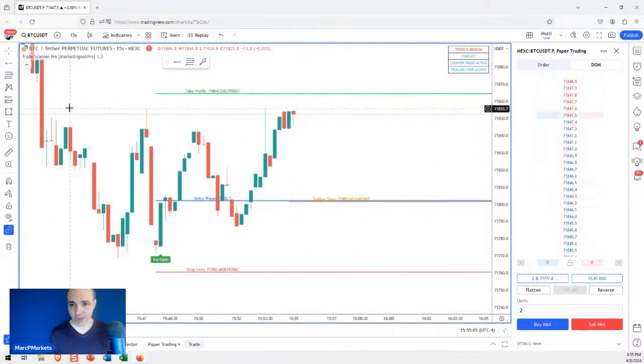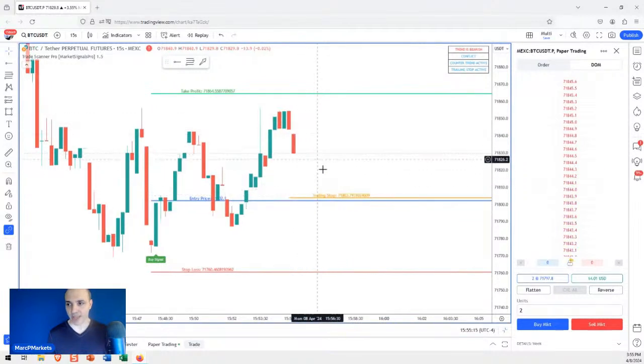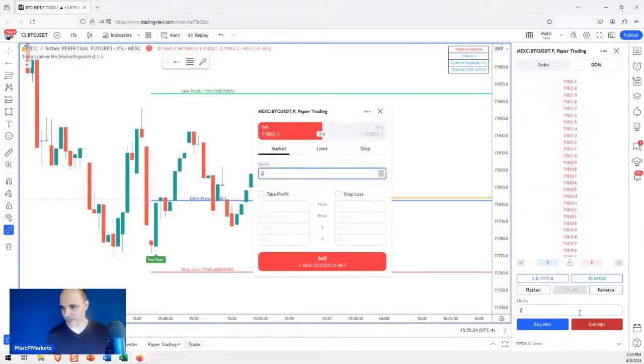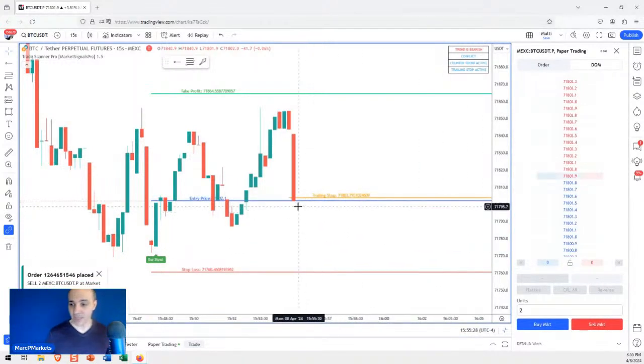If this thing goes straight back to here, and it still can, I get out and I don't lose anything. Okay? If it goes all the way back there, I'll probably blow it out just before, see what I mean? I'm gonna let it go right to the trailing stop, and then I'll blow it out. There it goes, out. Okay, so I'm out of this thing. Now this thing should disappear, right? The trade should vanish.